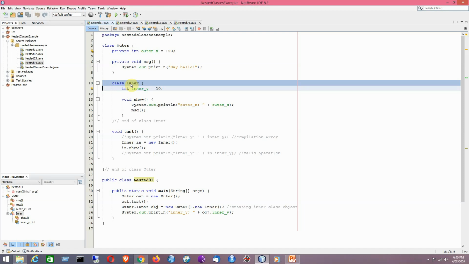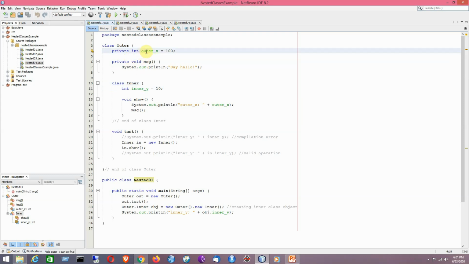An instance of inner class can exist only within an instance of outer class. That means without the existence of the outer class, there is no existence of the inner class, and it has direct access to the methods and fields of its enclosing instance. That means the inner class instance can access the members of its outer class even if they are private. But the reverse is not true. That means the outer class cannot access the members of the inner class. So now we will be demonstrating the use of non-static nested class or inner classes with respect to that particular example.